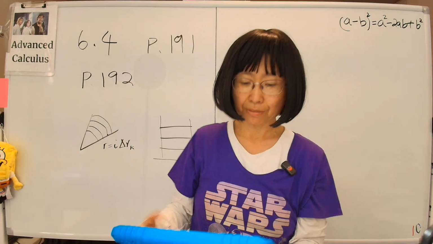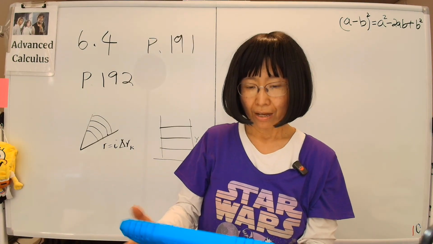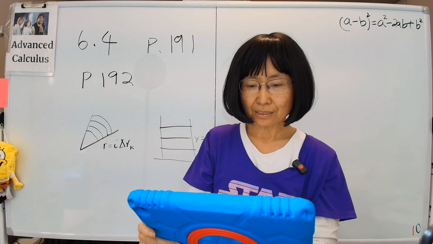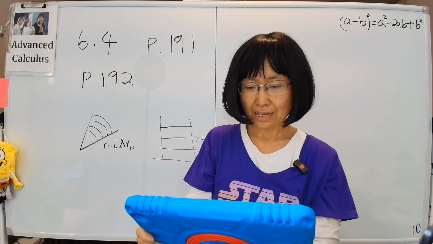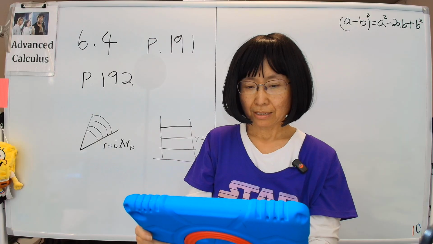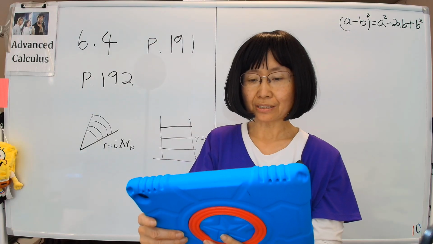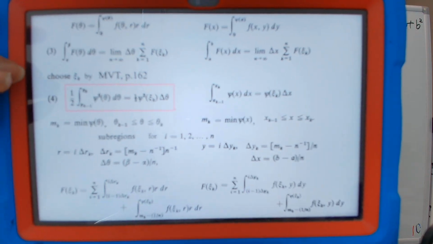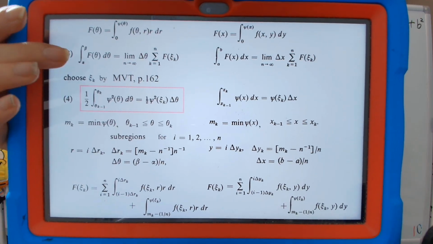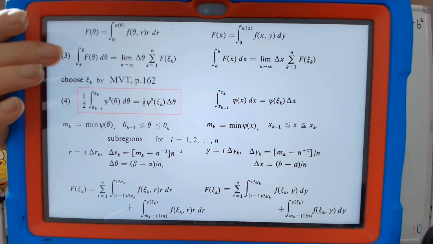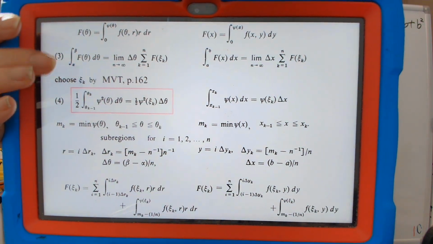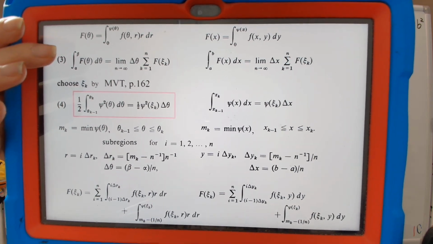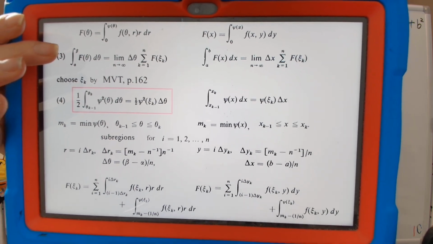So next, let me move the screen up a little bit. All right, next we're going to choose psi of k such that, and let's see. Oh, I forgot to mention the psi of k, right. I think this sentence is referring to this statement. Psi of k is chosen by MVT. No, I think this statement, psi of k is random. So we don't have to choose it specifically, just anything that's,